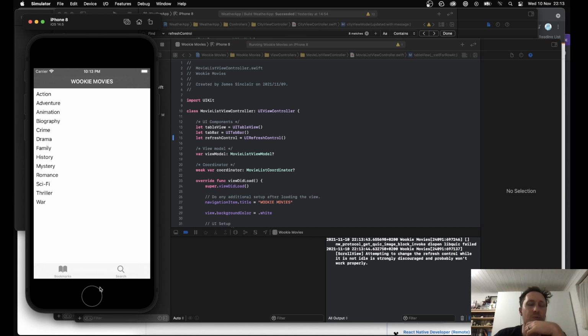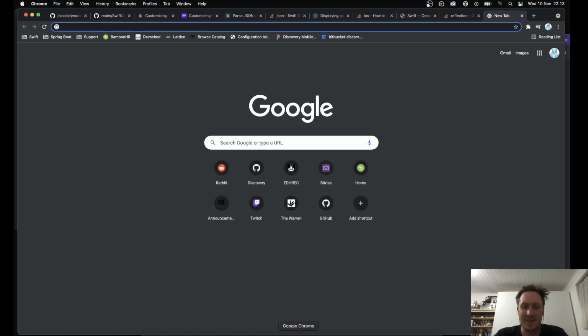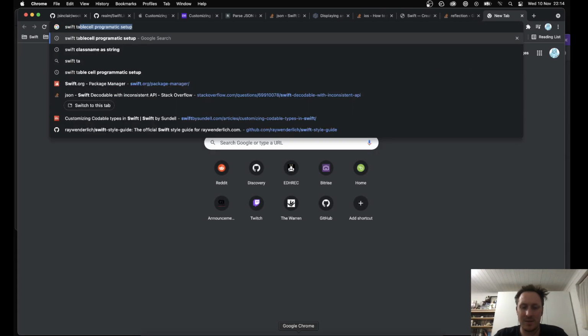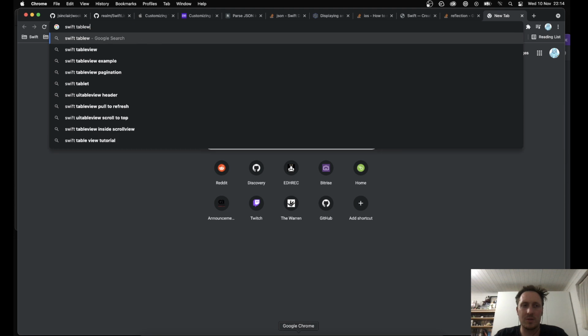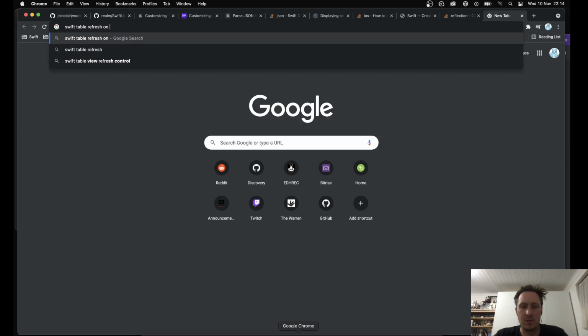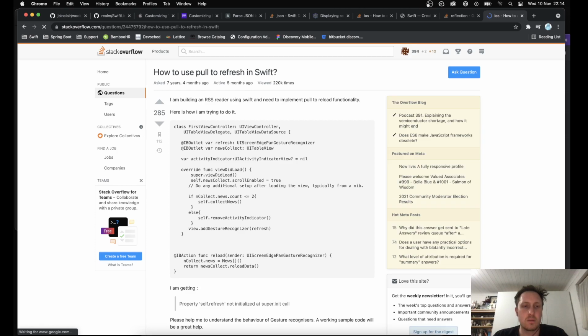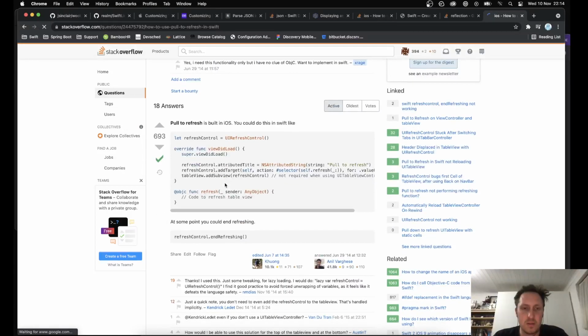I know you can make it so when you pull down it refreshes, but let's do that. I love doing silly little things like that. Swift table refresh on pull down. I think it's just